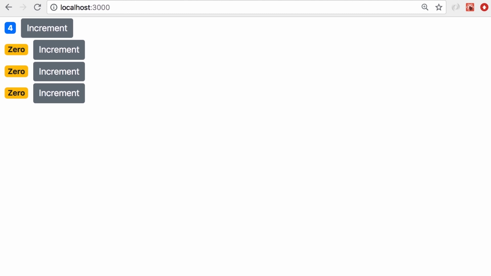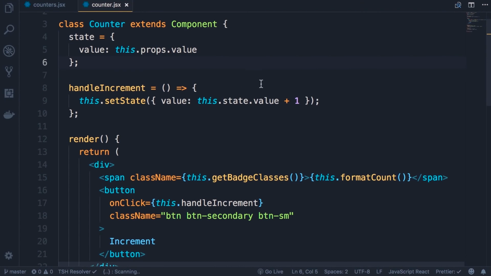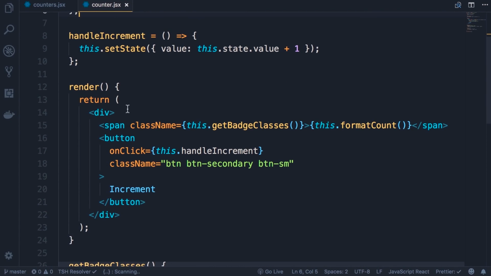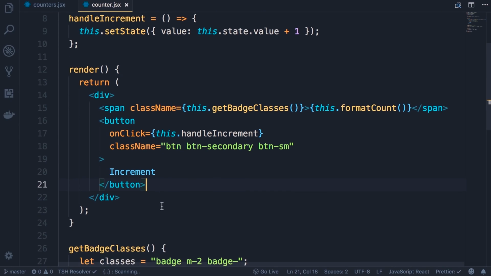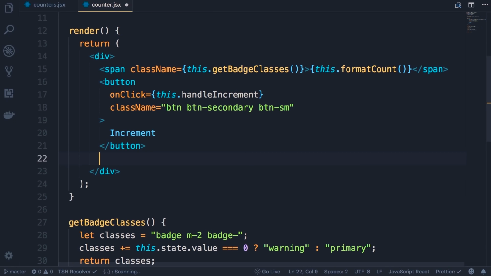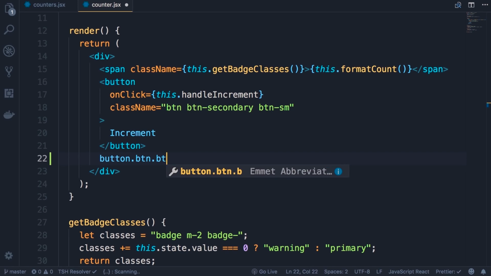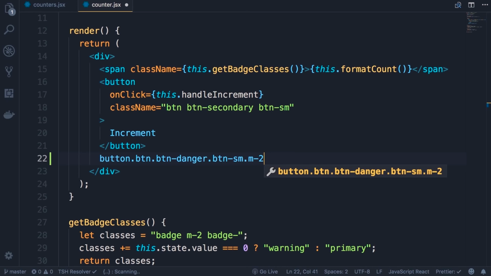Now let's take this application to the next level. I want to add a delete button next to each counter. So here in our counter component, in the render method, right after our increment button, I want to add a new button. So a button with a few classes, btn, btn-danger to make it red,